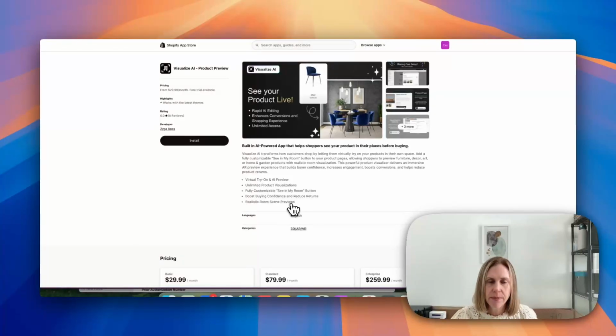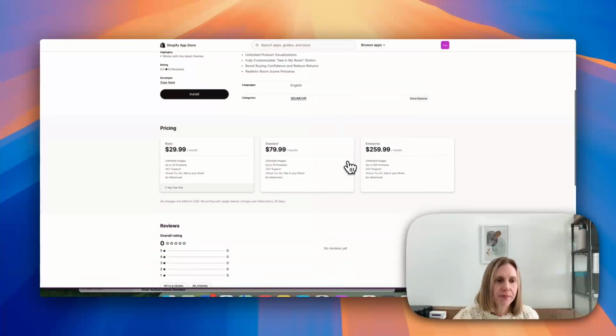I also feel like that could be used closer to up here. Visual AI transforms or gives realistic room scene previews by transforming how customers shop, or something like that. I don't know. And then looking at your pricing,